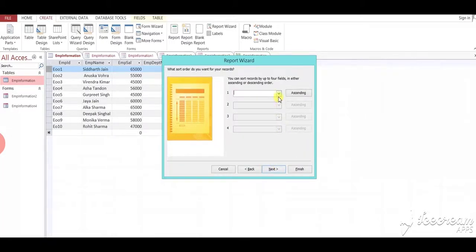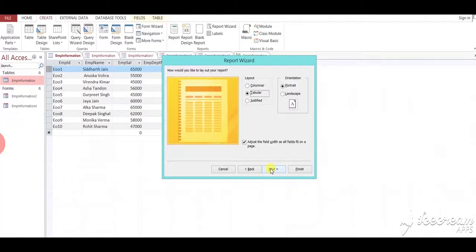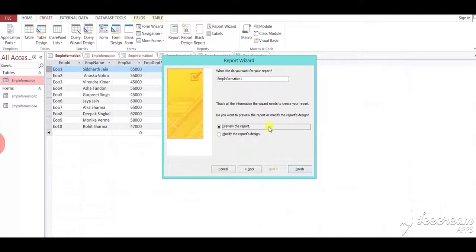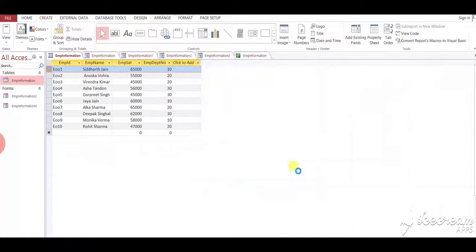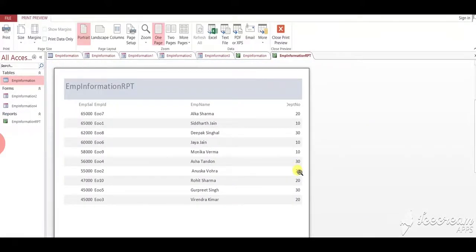Here we select a particular field. Here we select EMP salary, set that to descending, then click on next, then next. Give a proper name to the report, then click on the finish button. In this way we can also set a report.